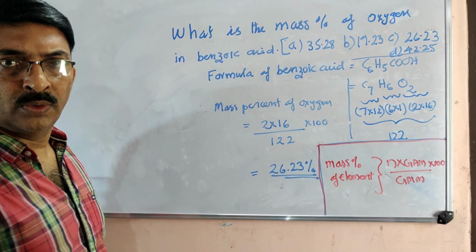Okay. Before proceeding, I have to tell you one thing. If we consider two elements forming two compounds, for example, I take SO2 and SO3. Now take the ratio of masses of oxygen combining with a fixed mass of sulfur in SO2 and SO3. In both, mass of sulfur is 32. Now mass of oxygen in SO2 is again 32, but in SO3 it is 48. So the ratio of masses of oxygen combining with a fixed mass of sulfur, which is 32 gram, is 32:48, which is equal to 2:3.